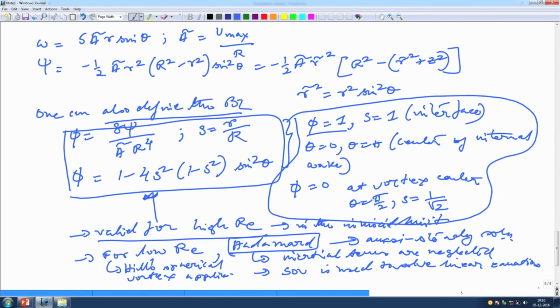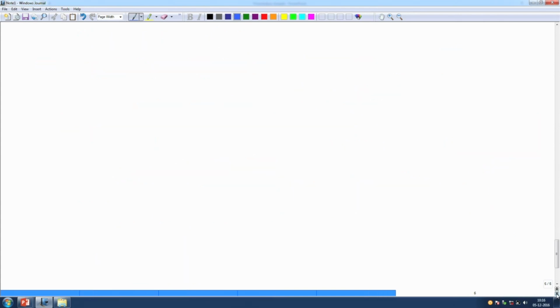Now, in the next lecture what we are going to do is look at the full-fledged droplet vaporization model, where things will become a little bit more clear, and we will use some of these Hill spherical vortex and other notional concepts and find out what is going to happen in those cases. Okay. So, in the next class